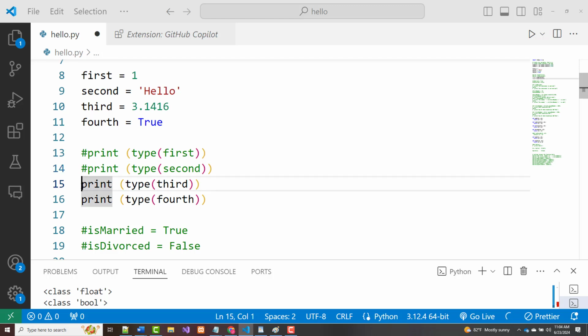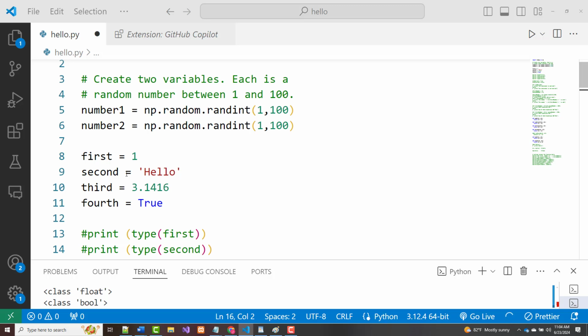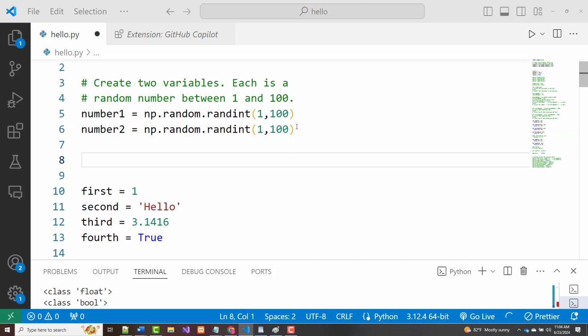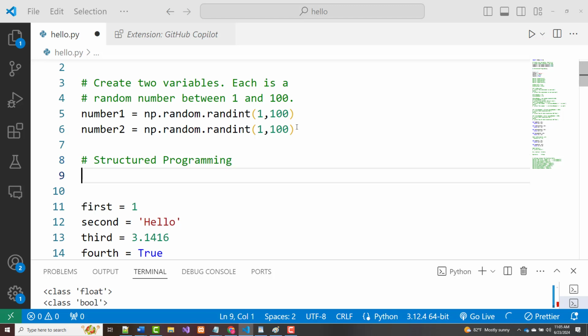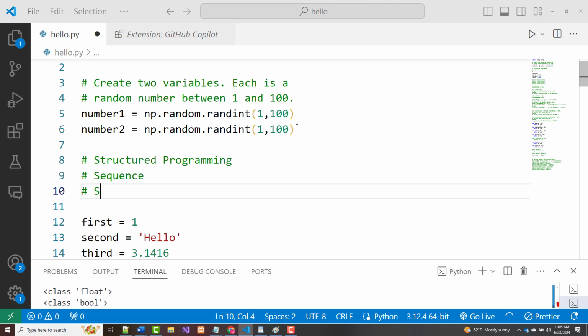Back in the day, when I first started teaching many years ago, computer science, data processing, whatever you want to call it, one of the things that we talked about quite a bit was the concept of structured programming. More than anything else, it dealt with 3 things. And those are sequence, selection,